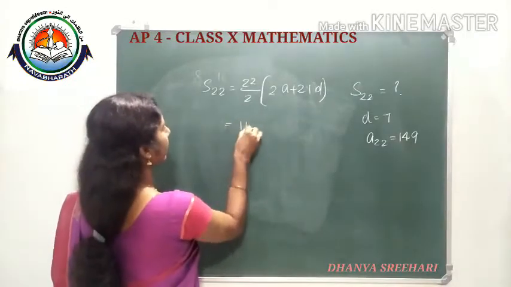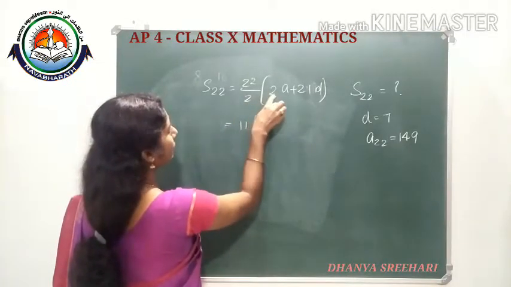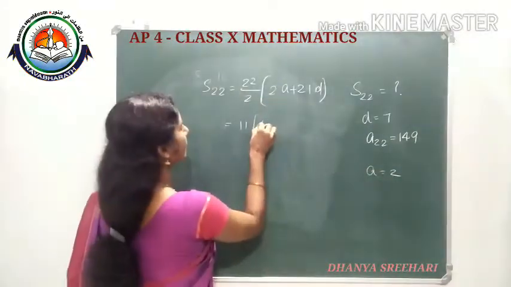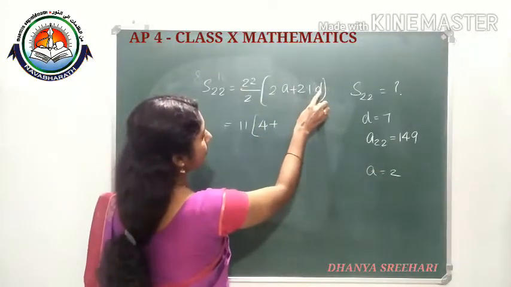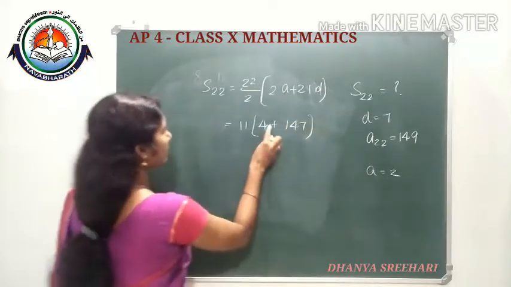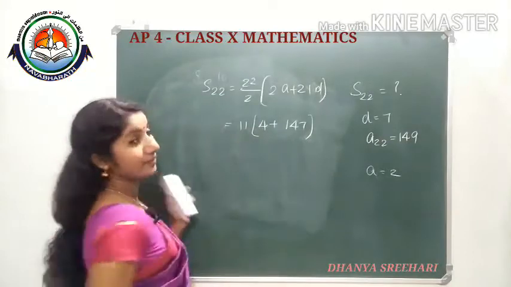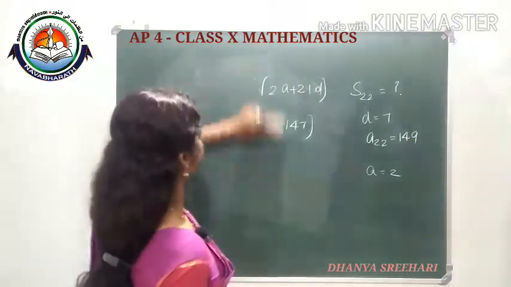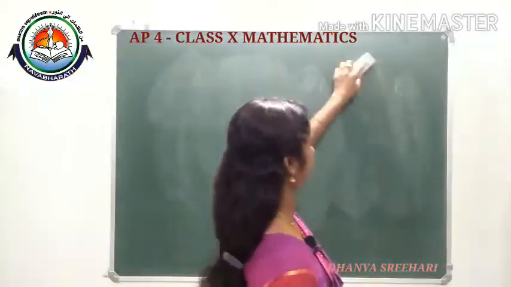S22 is equal to 11 into 2a, n by 2 is 11, 2 into, we got a is equal to 2. So 2 into 2, 4, plus 21 into 7, 21 into 7 we did already, 147. So 147 plus 4 into 11 we will do. Clear? Then